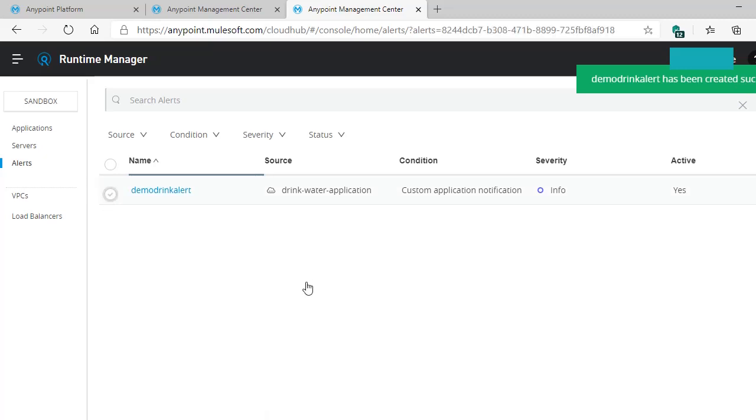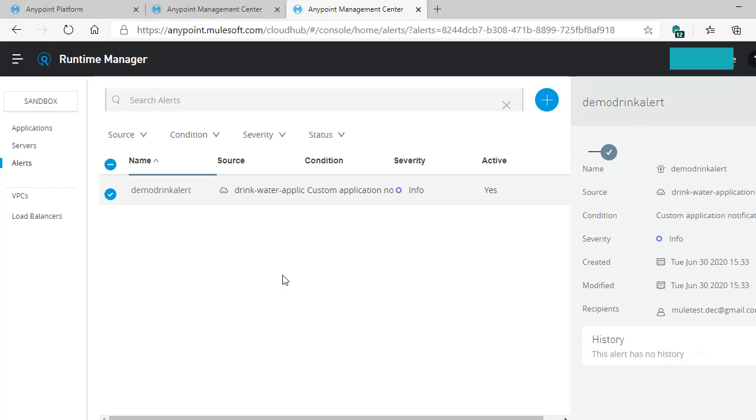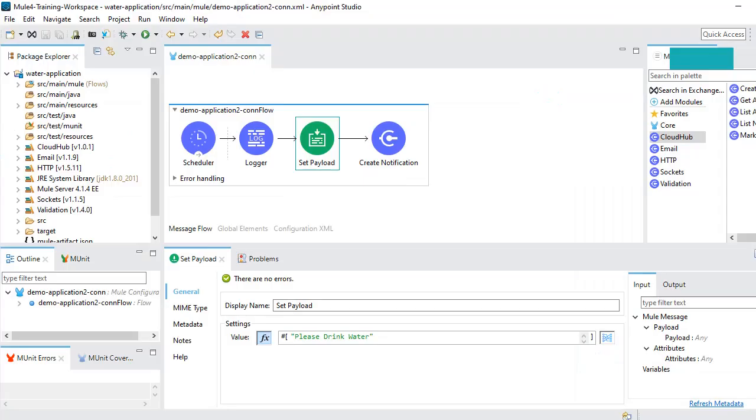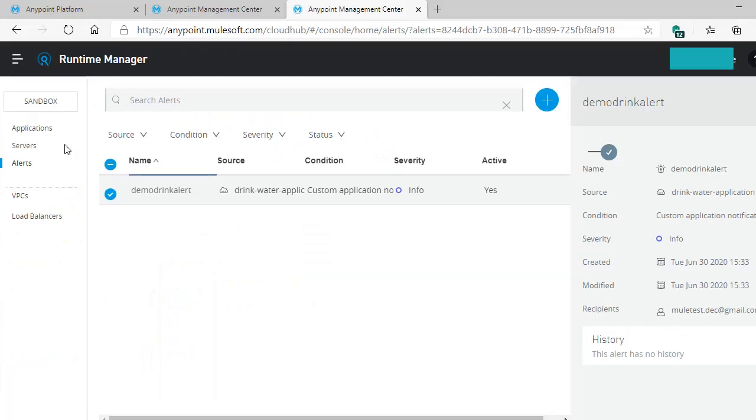You can manually trigger this alert, but you need to make sure whether this alert is active or deactivated. By default, once we create the alert, it shows in active state. So our alert has been created. Let us run our flow. As per our configuration, our flow is a scheduler flow, so every 1 hour this flow will trigger and send a notification. But to test the functionality, we can just run the scheduler manually and check whether we are receiving the mail or not.